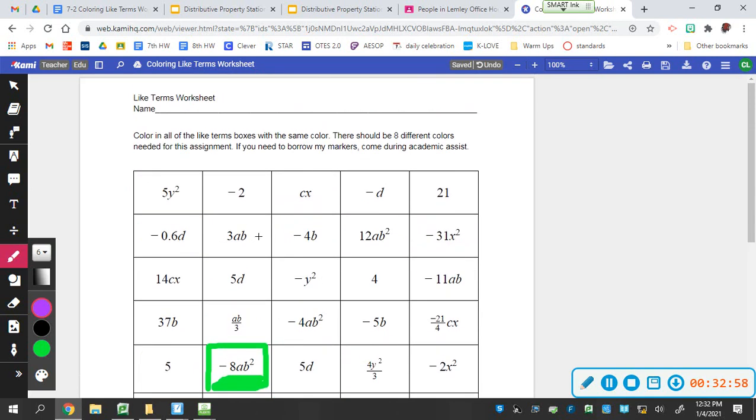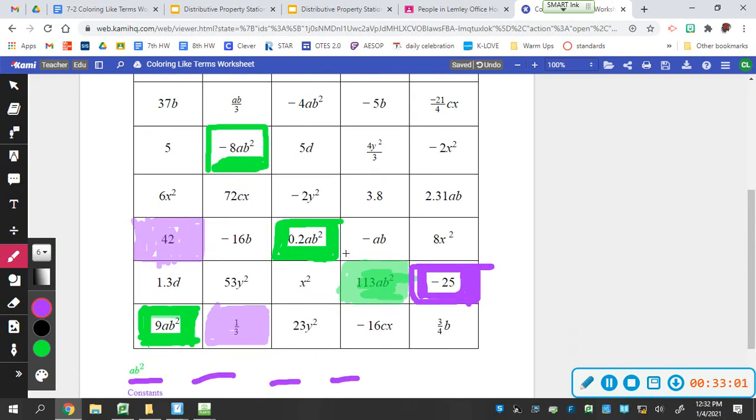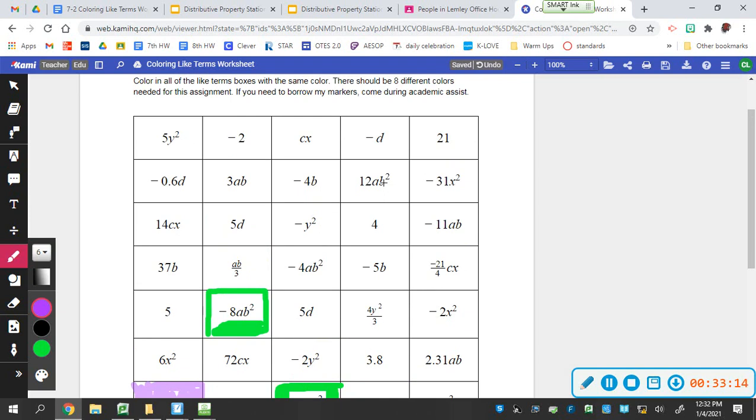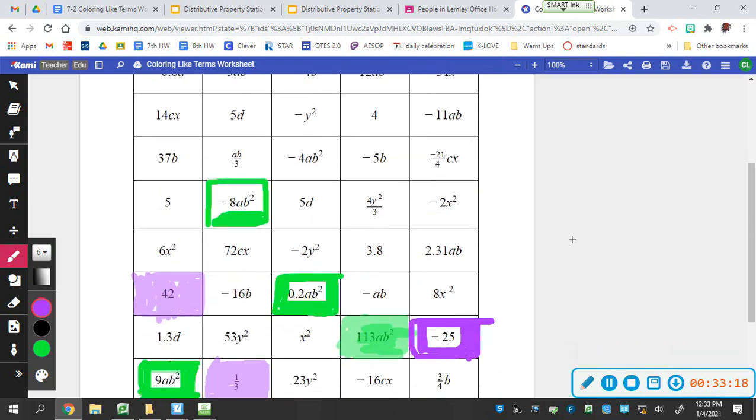That should not take you very long to go through and find just the like terms. You don't have to add them up or anything like that. I just want to make sure you can identify what different like terms look like, and that you're not trying to combine things that don't have the same variable with the same exponent. Let me know if